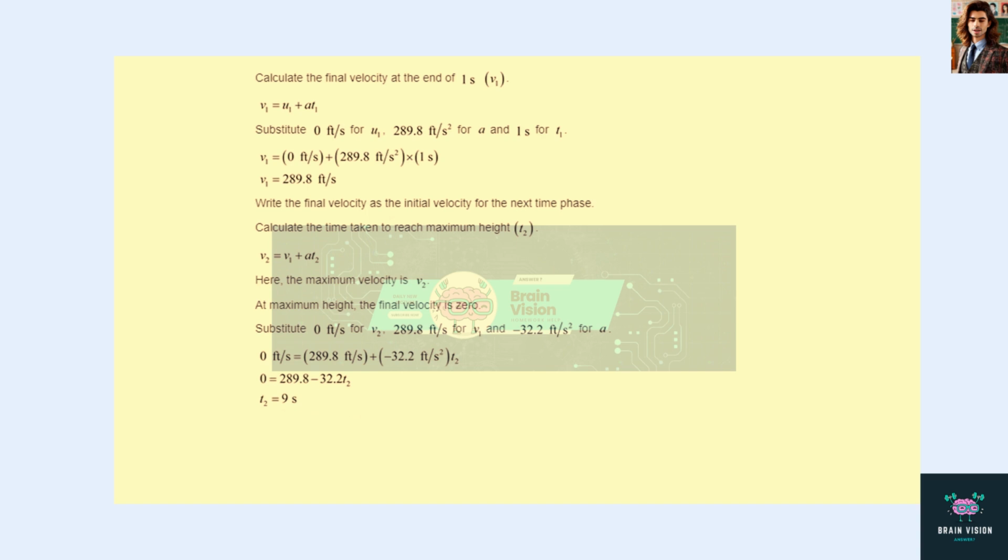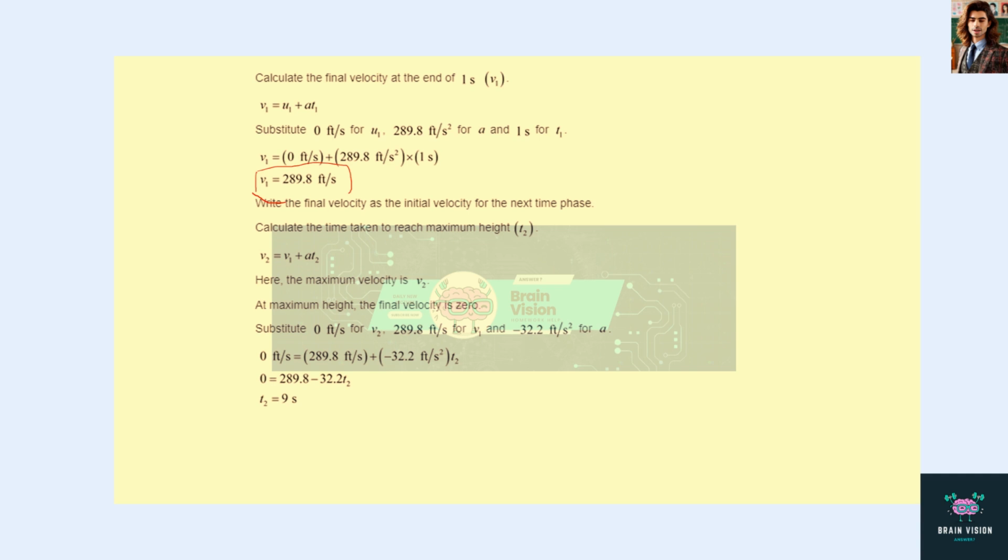We're going to move forward to calculate the final velocity at the end of 1 second. Okay, so at the end of 1 second, the velocity is this. That's at the end of 1 second using v equals u plus at. Okay,